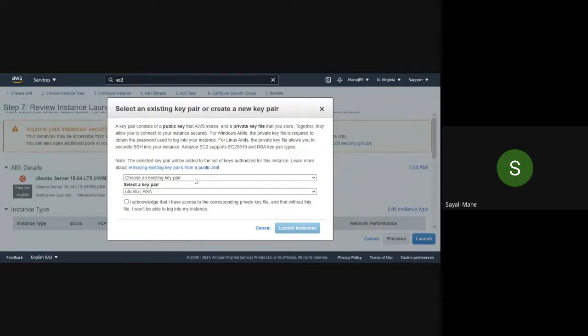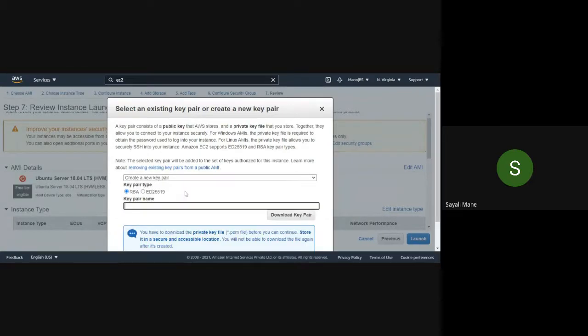So click on create new pair. You will get key pair type as RSA. Give a key pair name. So let's give it as Linux or something. We'll give Ubuntu only.